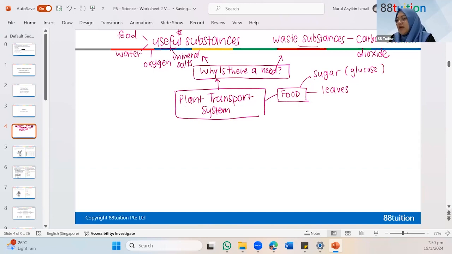Okay. Another thing that I want to ask you, when they make the sugar, right? What do they use the sugar for? They use it to grow. Okay, this one I don't want to waste time to ask you first lah, huh? This one I will tell, yeah. Oh, very good. To grow, to give the plant energy. If there is leftover sugar,